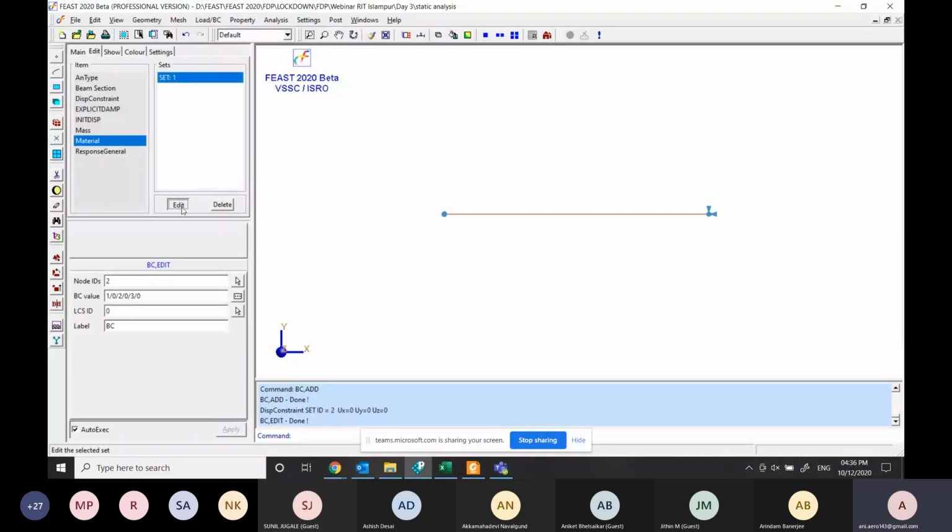You can simply edit the label. Here you can type the material name as steel. I'll type it as name as steel and I'll click on apply. So here also you can see the material is steel is to 1. That is material is steel and the set ID is 1. So if there are multiple materials in your geometry or in your model, you can name it here, material name as steel, aluminum, anything, and accordingly the set IDs will be 1, 2, 3 and so on.